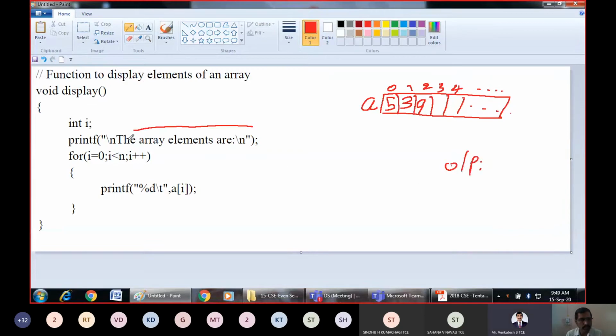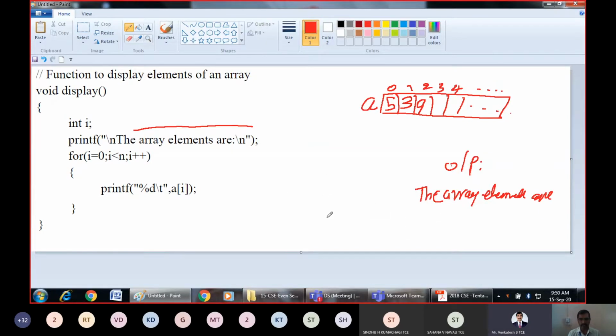Output, where the normal variable is declared, and the array elements are. The statement will be printed as it is.